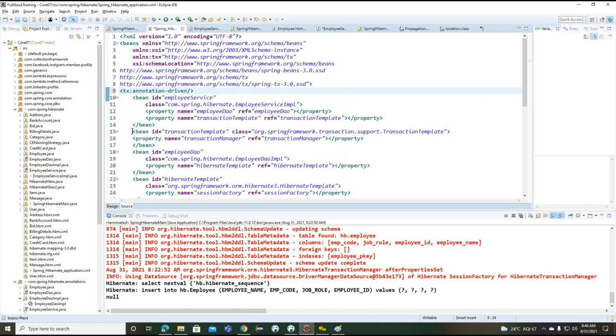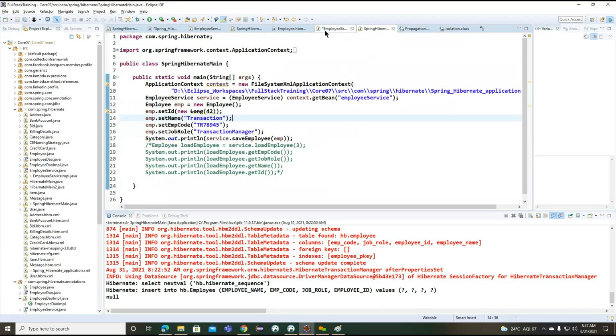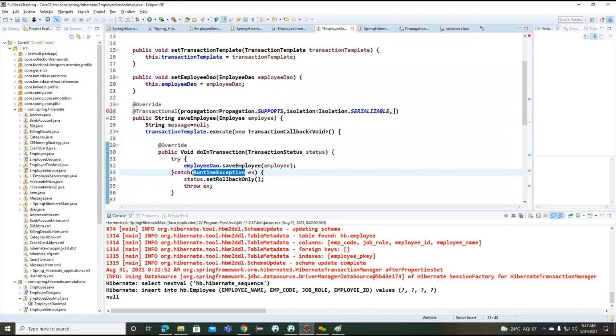here we can go for the transaction annotation-driven. We are going to provide this because we are working on the declarative transaction. To share the information with the container about which transaction we are going to work with, if it is a declarative transaction, we provide this annotation-driven. Okay, now we'll see a simple example of how we identified it here.